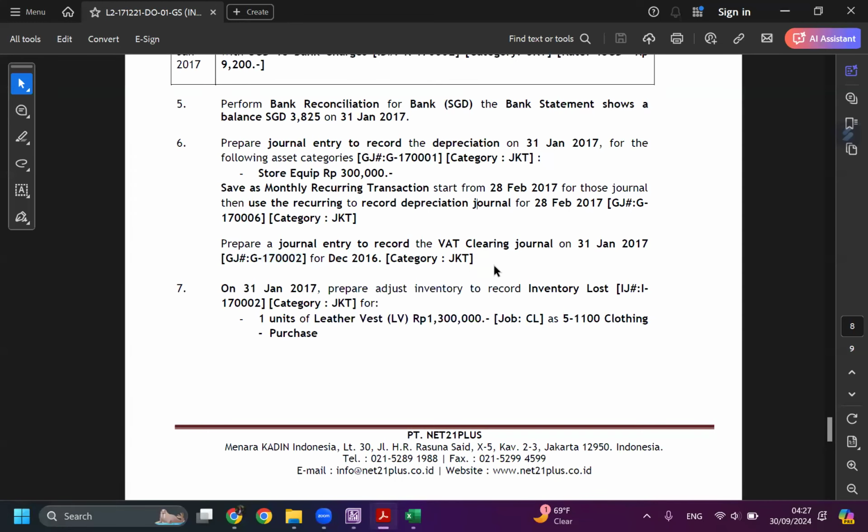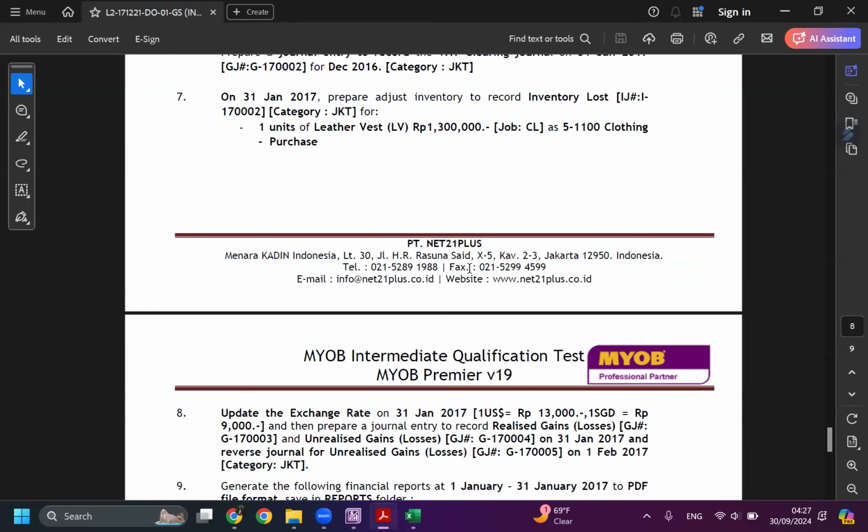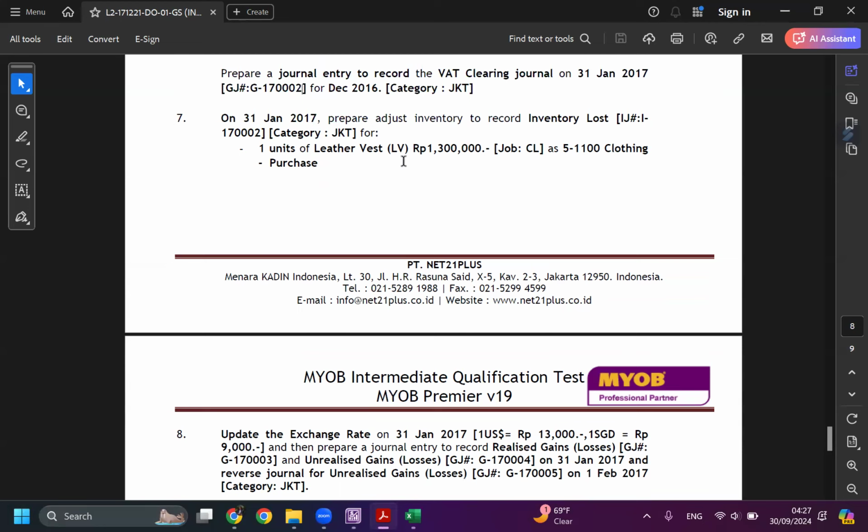All right, next, let's move to the next journal. We have prepared an inventory journal. Inventory loss, where you lost one letter fast. That's why we are going to remove it from our warehouse.